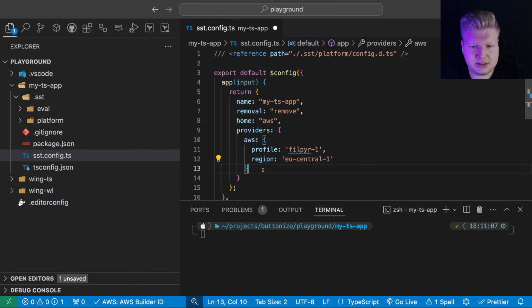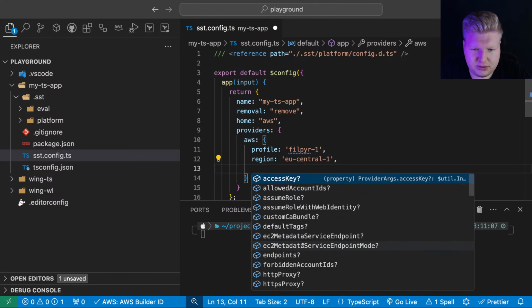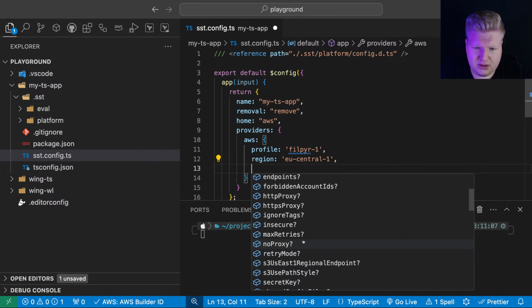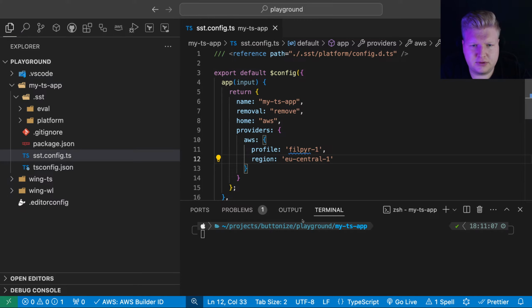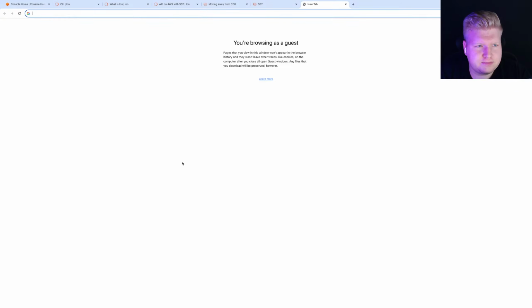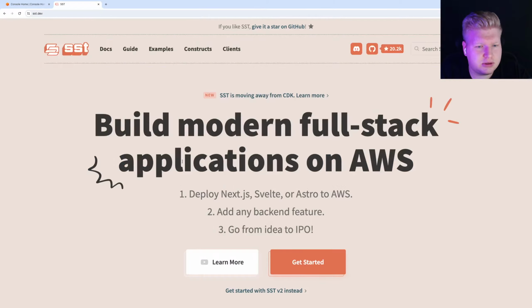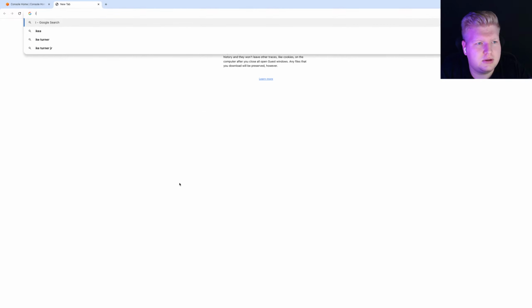Yeah, that's the data center closest to me. And is there anything more? Role, blah blah blah. Yeah, sounds good. Good enough. Okay. So close this. Ion.